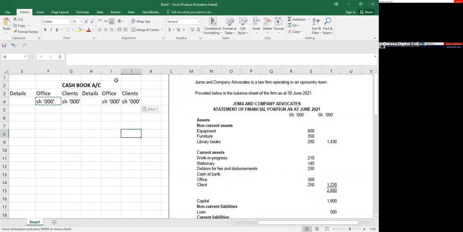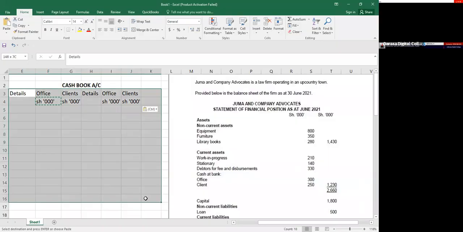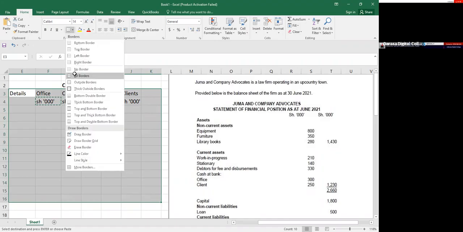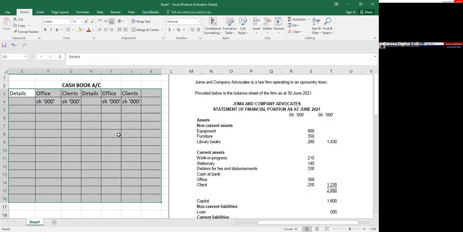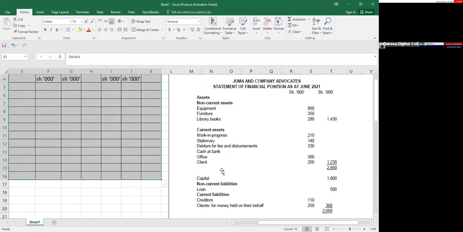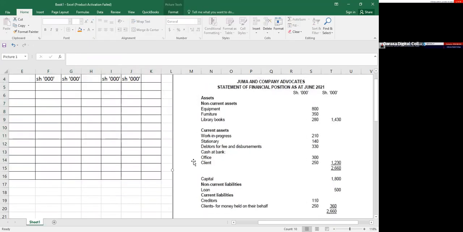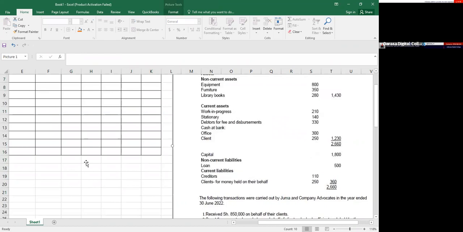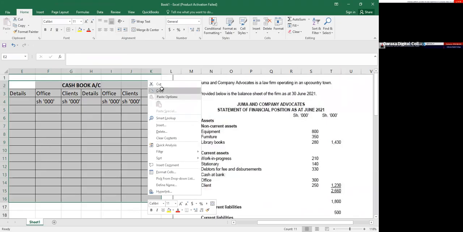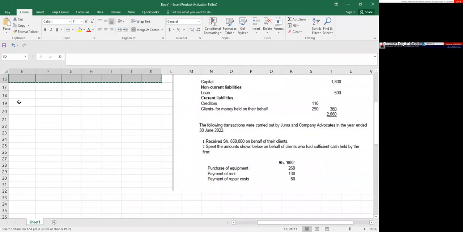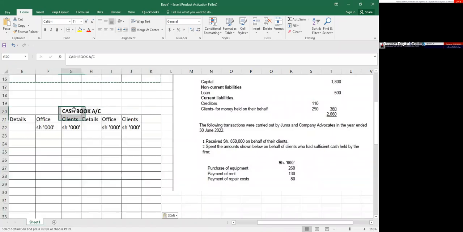Okay. So at the same time, I can also prepare, of course, our client's account. Yeah, I can prepare our client's account as well. So I'll just take this, then I'll paste it somewhere here. But this time round, you're talking of client's account.